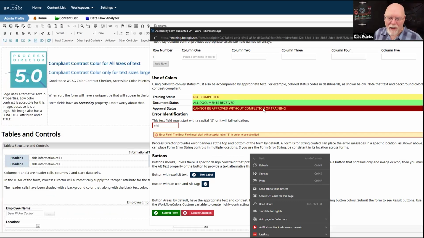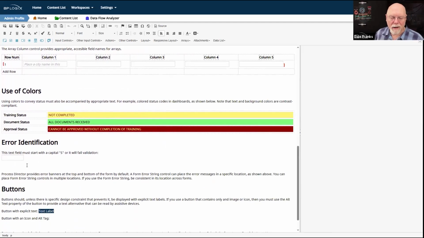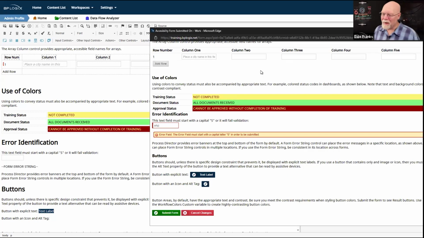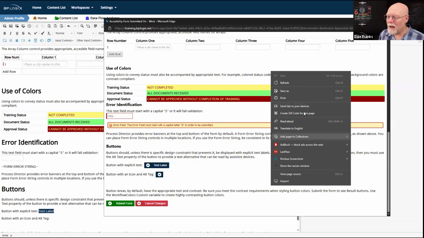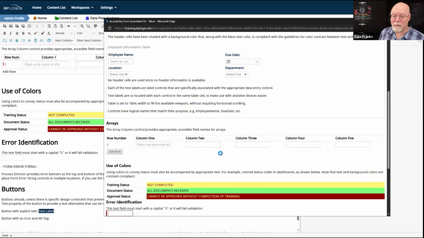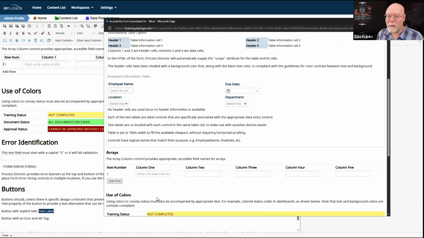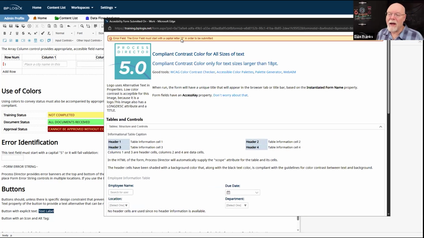Once it saves, there we go. It has saved. So real quick, let me go down here and let me stick it back on, but not save it so that I can go over here and I can reload. So let's refresh this form. Okay, so now I'm going to submit my form. Okay, so here is my error field there at the bottom of the form, and there it is at the very, very top of the form.